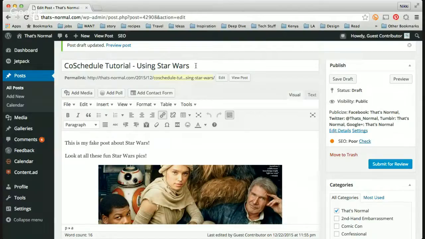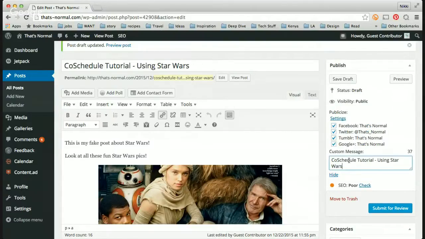So if you want to change what that initial post says, you just hit Edit Details, and you can change it here. My super awesome CoSchedule tutorial using Star Wars, yay! Okay, first off, I'm gonna warn you,